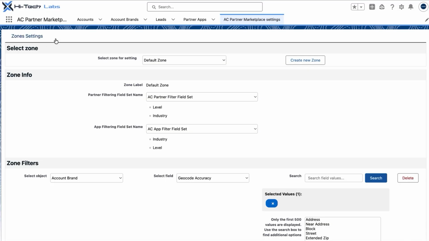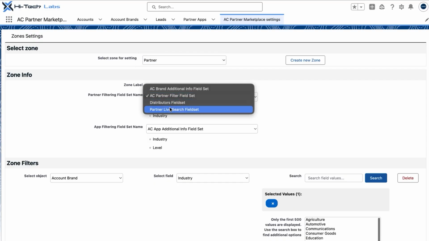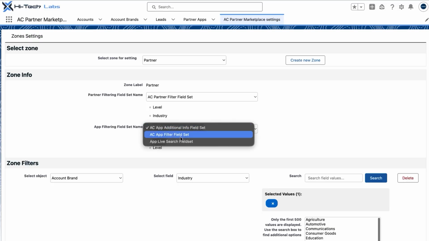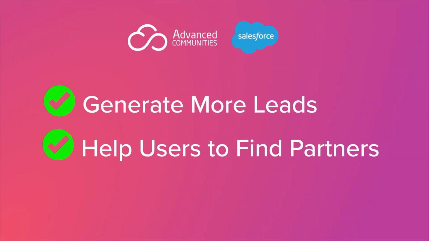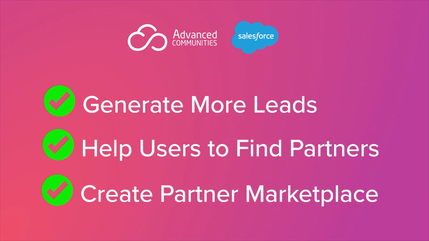You can further organize your ecosystem with zones, helping customers discover partners and solutions that are most relevant to their region, industry, or audience. Whether you're looking to generate more partner leads, help customers find trusted providers, or create a complete partner marketplace, AC Partner Marketplace gives you everything you need in one